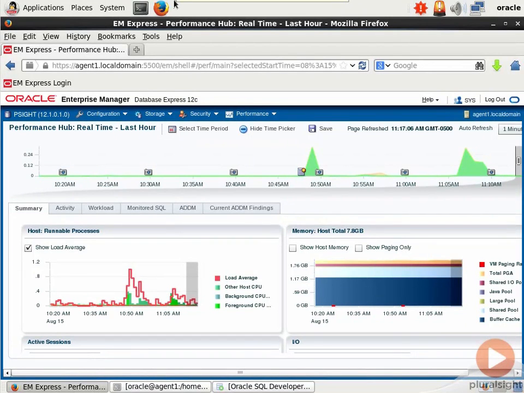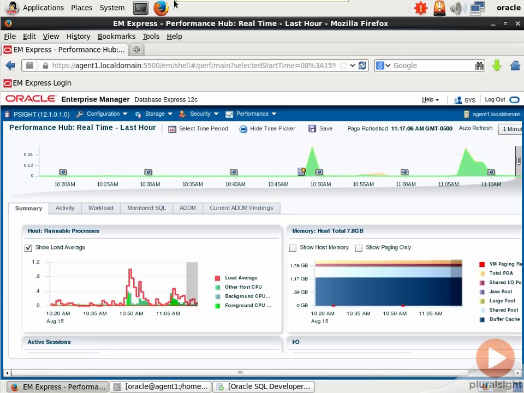Before I forget, I want to make sure to show you the advisory framework in Oracle Database 12c. What we're looking at now is Oracle Enterprise Manager Database Express 12c. I wanted to make sure we go in here. I know we've been spending the vast majority of our time in Enterprise Manager Cloud Control 12c, and that's all well and good. Nonetheless, I want to make you aware, if you're not already aware, that the Database Express that